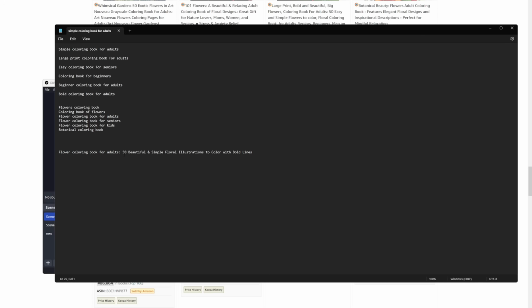Again, it has to make sense, but we are putting in what we think are relevant keywords as well. So: 50 beautiful and simple floral illustrations to color with bold lines. I don't know if that makes sense 100%, but we're getting the keywords in there whilst making sure that it makes sense as well. Okay, so that's how I'd implement keywords into the title and the subtitle for optimal visibility,